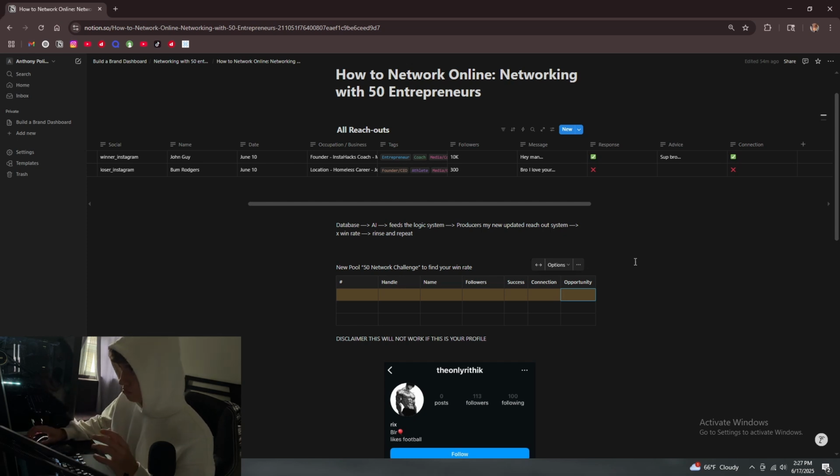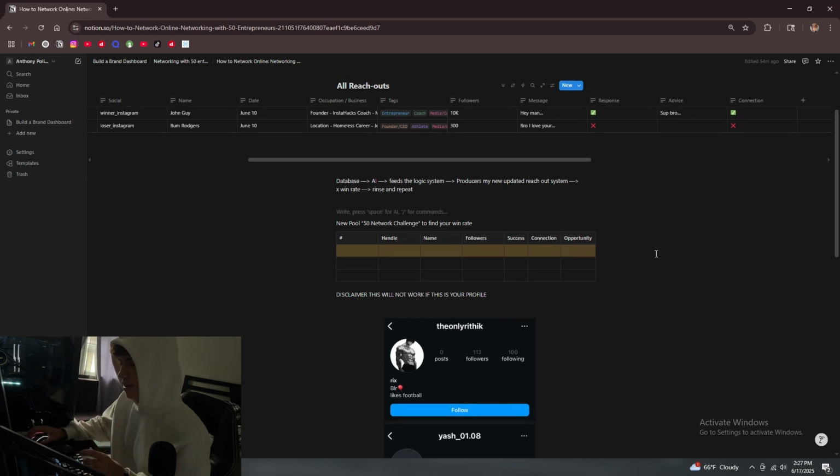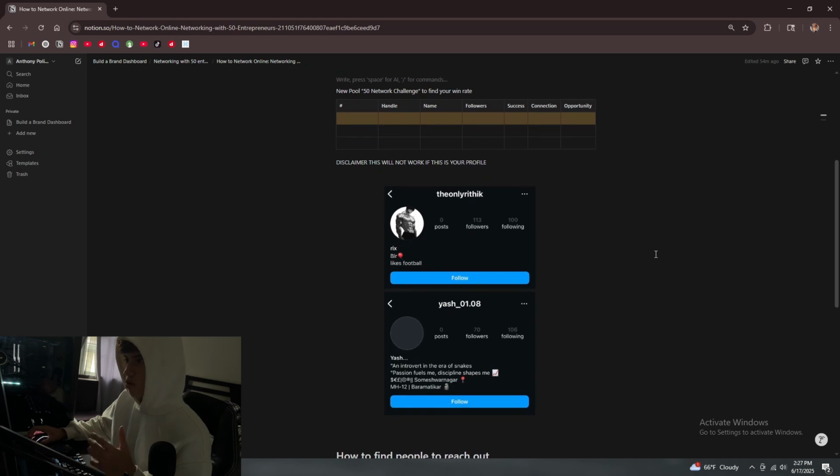So now real quick, this is mostly with online networking, and I just want to put a disclaimer that this will not work if this is your profile. It's not like I found these random accounts. These are real active profiles. I looked at an Andrew Tate comment section and pulled these 2.